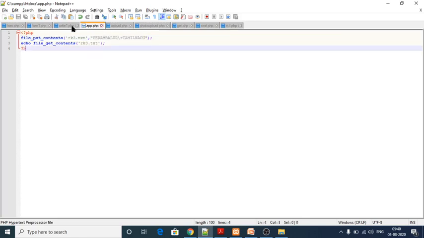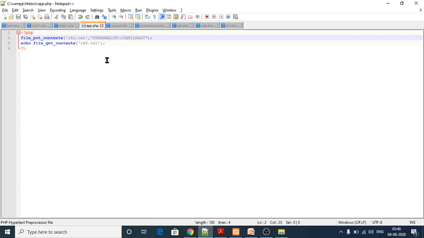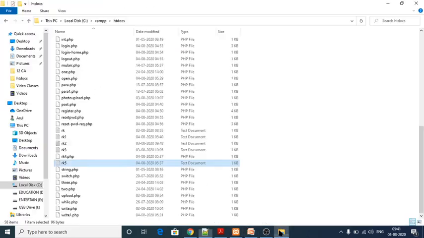So see here, I am going to execute my program for appending the file. app.php is Perambalur with Tamil Nadu. What I have created here would be appended into the file rk3. So in rk3 we can see Perambalur Tamil Nadu is there, in rk1 itself.